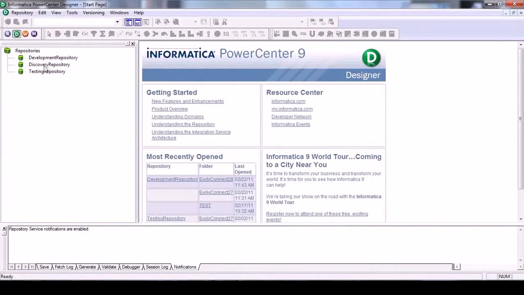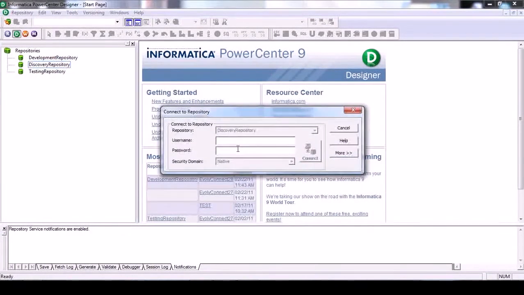This is the designer tool. So we will connect to one of the repositories here, the discovery repository. Let's enter username and password.